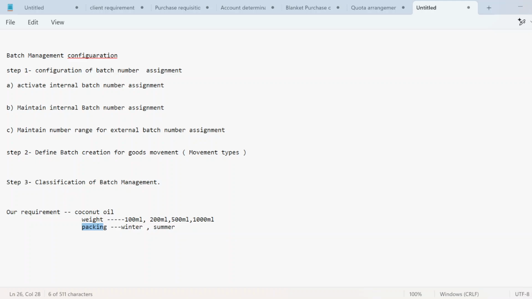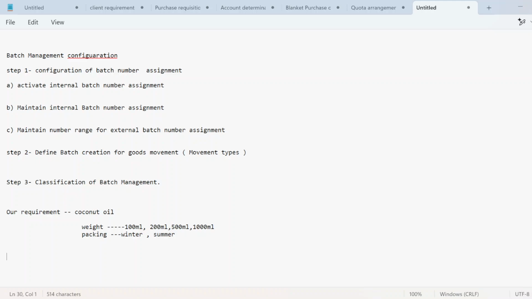So we are creating customized characteristics. One is for weight, one is for packing. Now let me create a characteristic.